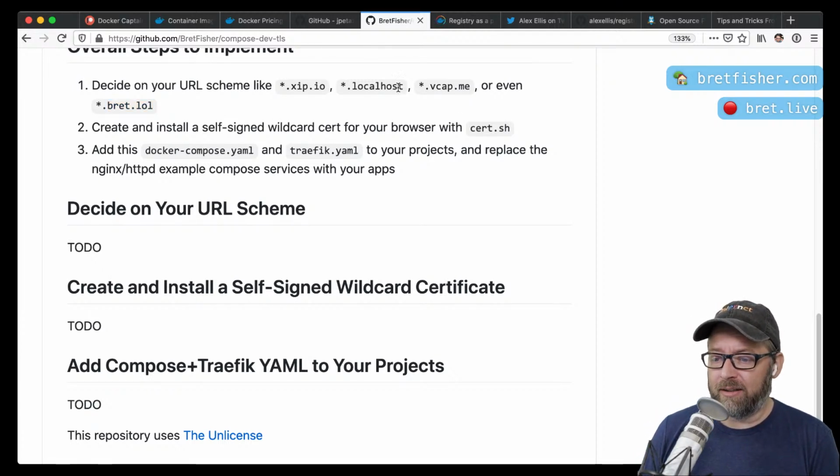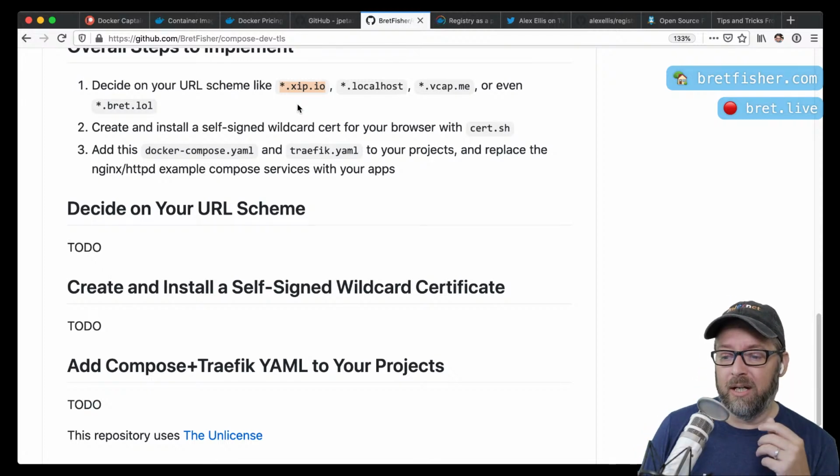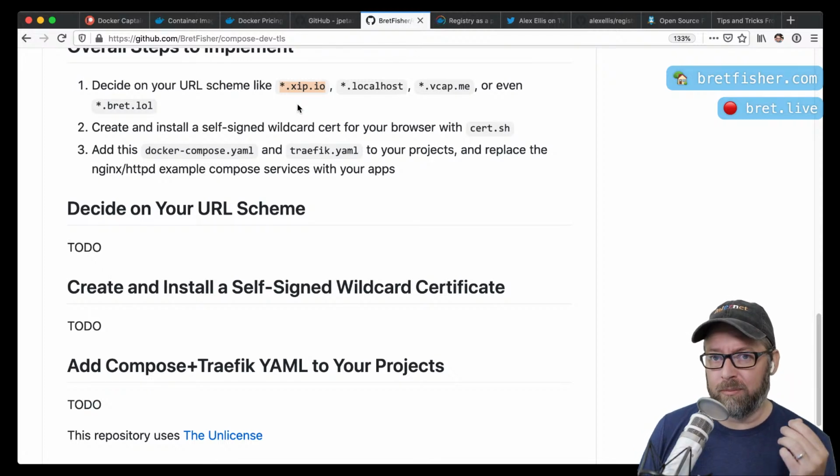The other examples I have, like the localhost one I'm talking about here, I think that one's Chrome only. Edge might support it now. Who knows if Firefox has added it in? It might eventually become just a universal standard. vcap.me is hosted by VMware, and then the other one, I think I talked last week about xip.io. That's another one that's popular out there. That's run by one of the creators of Basecamp.